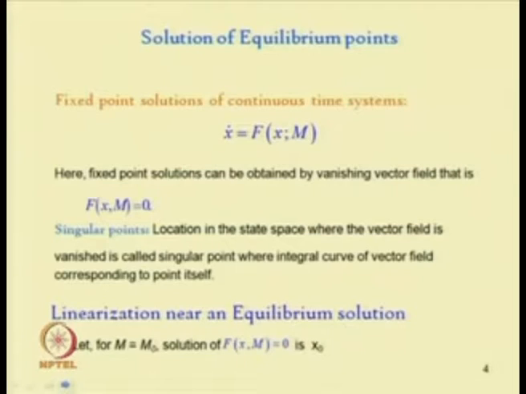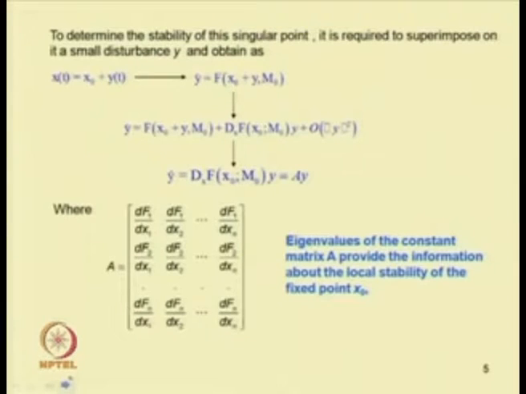For a system, to find the fixed point response, if the system is represented by a first order governing equation x dot equal to f(x, mu), where mu is the control parameter, then by putting the time derivative equal to 0 and solving that equation, we obtain the equilibrium equations. After getting these, we should know whether the equilibrium points we obtained are stable or unstable.